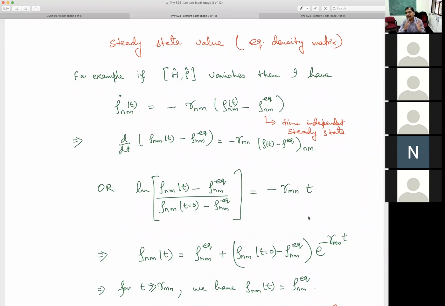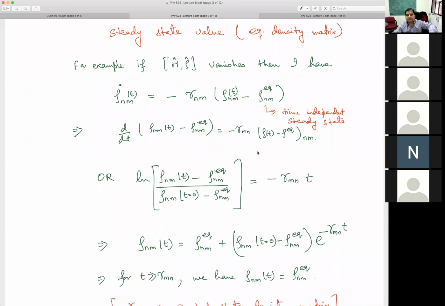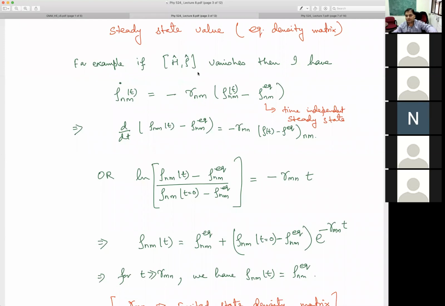So what I am doing here is, I already had the excited state density matrix. I already had the interactions, etc. I would have switched them on some time ago, and then at t is equal to 0, I switch them off. That's what I am solving for here. In fact, even this solution is a bit of a cheating because I cannot really randomly put this to 0, etc. But we will do this solution in a while.